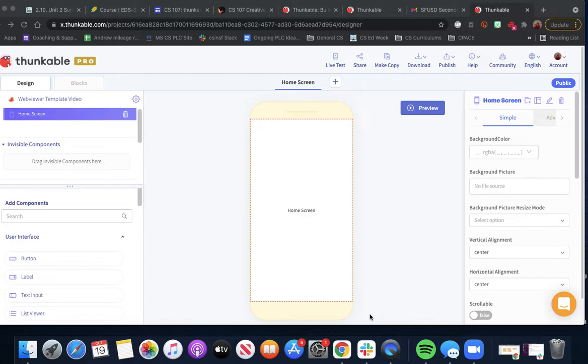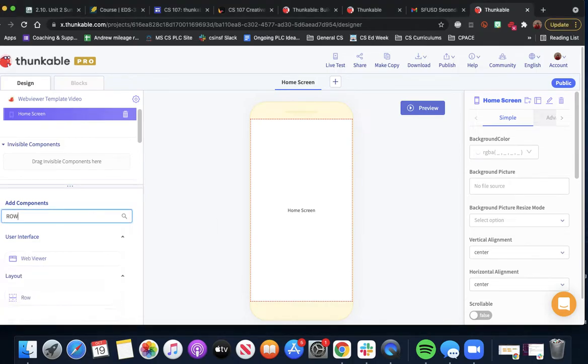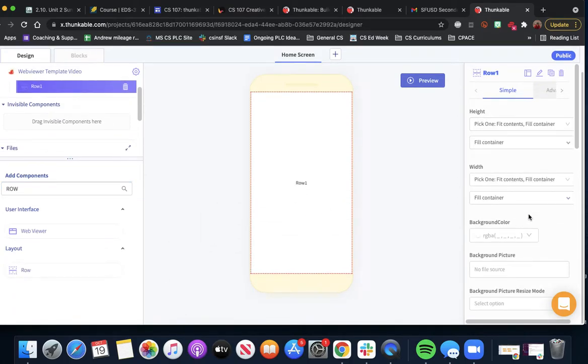The first thing we're going to do is some work building out the user interface here in the design area. So we're going to add 3 rows, which can be a little funky here in Thunkable, but we'll bring in the first one. And we want to make sure to set the height to a relative size, and for row 1 we're going to call this 10%. We're going to bring in a second row,